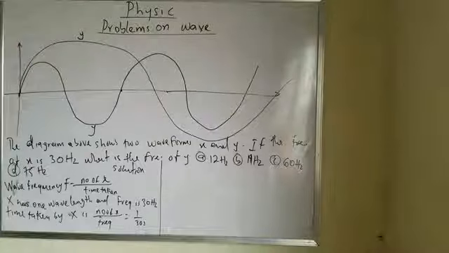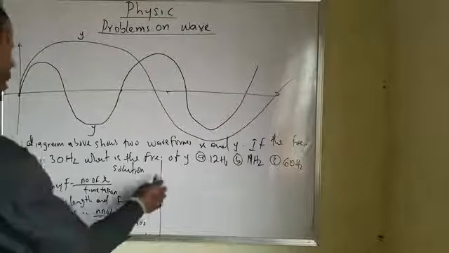It means one wavelength takes 1 divided by 30 seconds. Now, from the diagram,